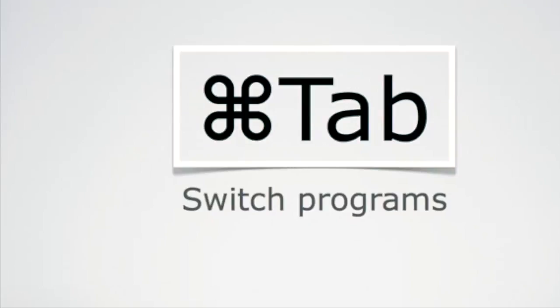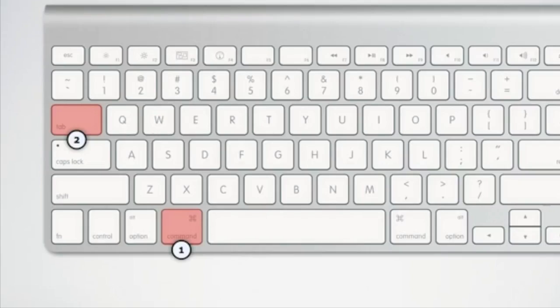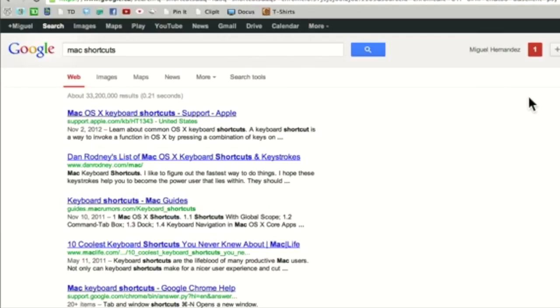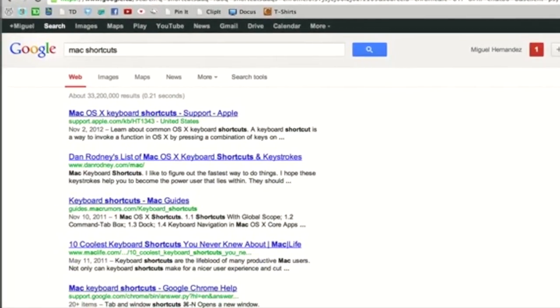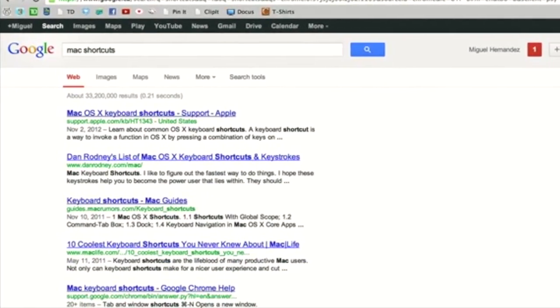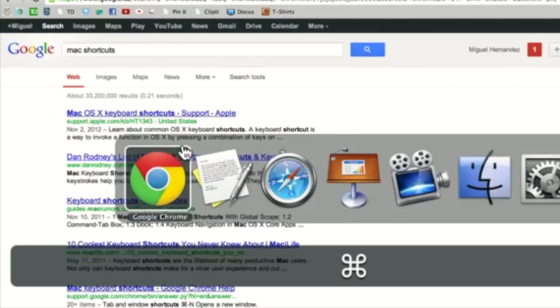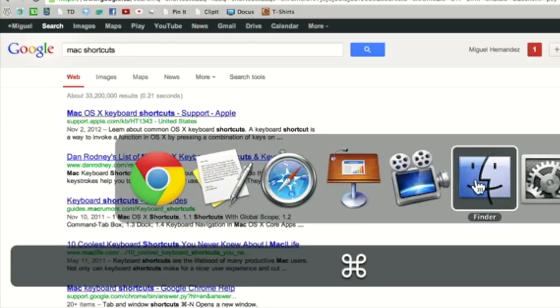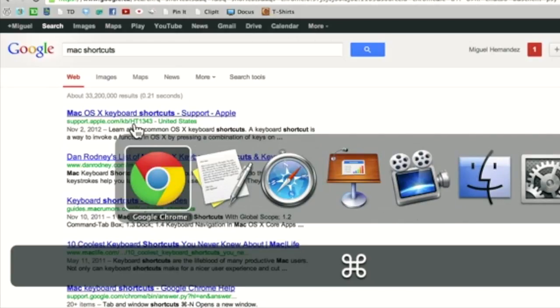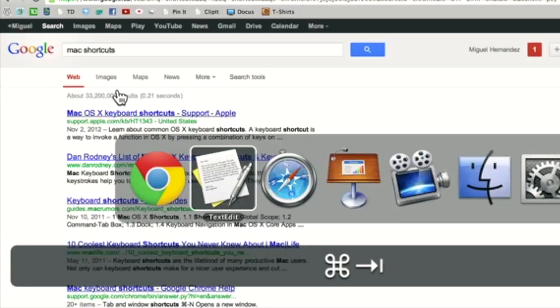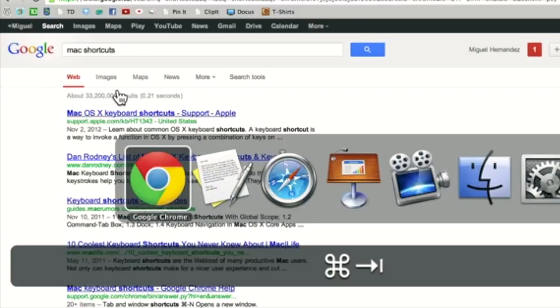Command Tab to switch programs. Instead of trying to find your programs and moving windows around to find the program you're going to want to go to, it's very simple. Just press Command Tab and you'll get this display with all the open programs, and now you can easily select where you want to go. You can do it with your mouse, or if you keep clicking Tab, it will iterate through all the open